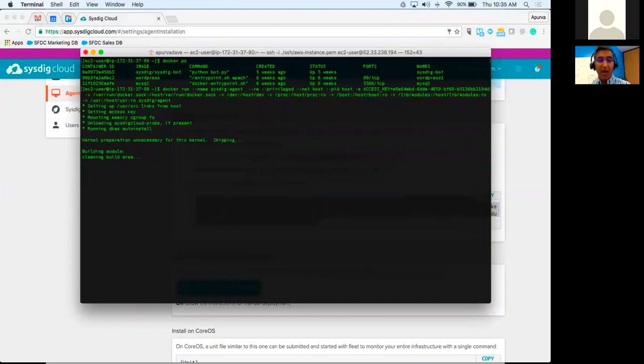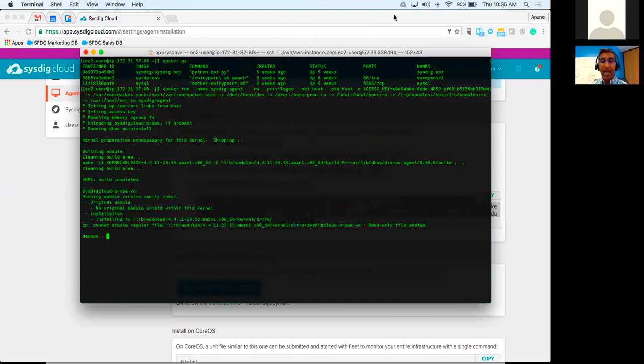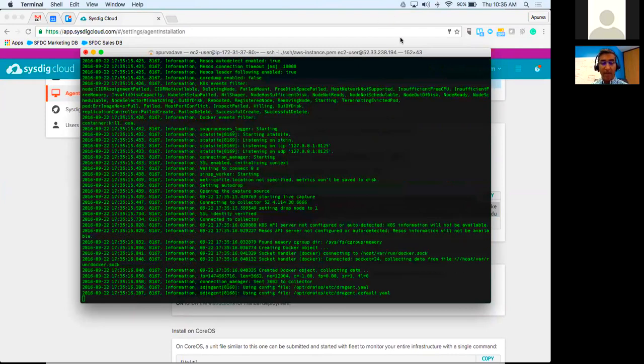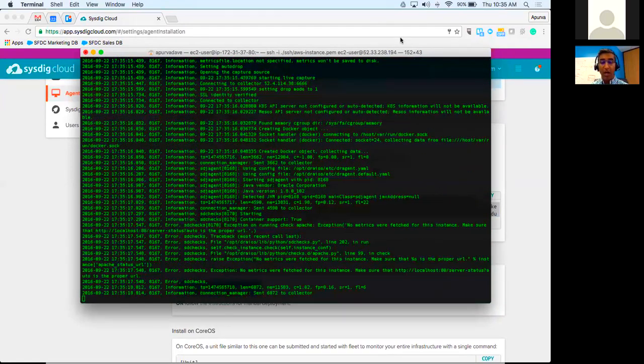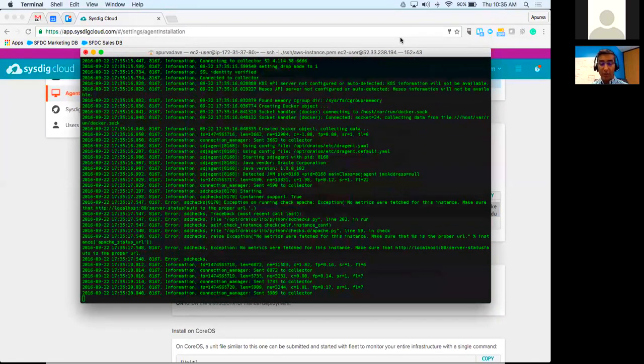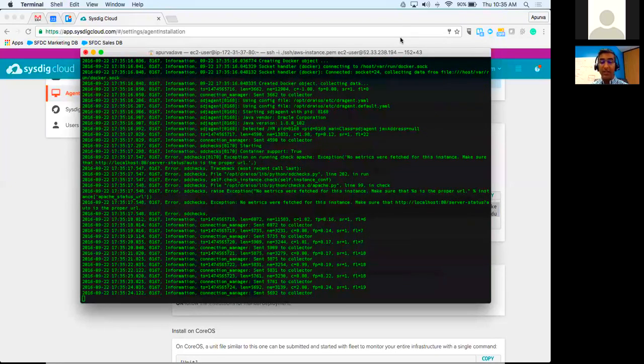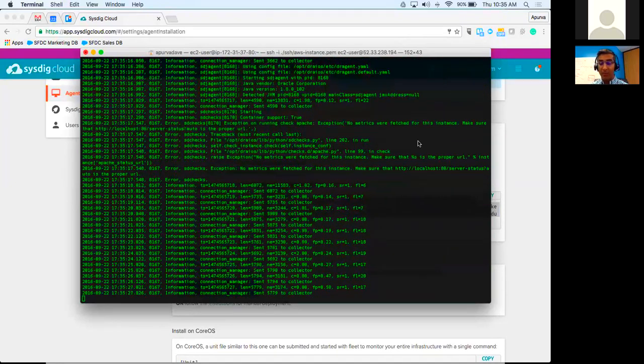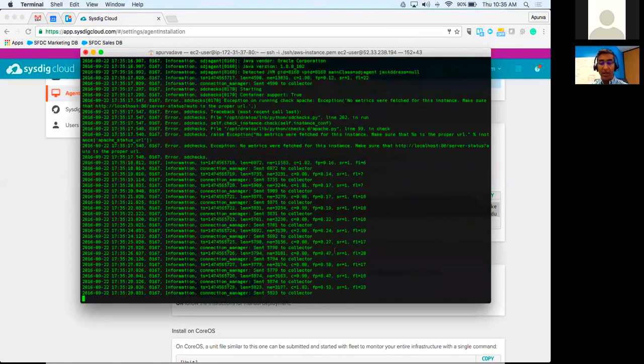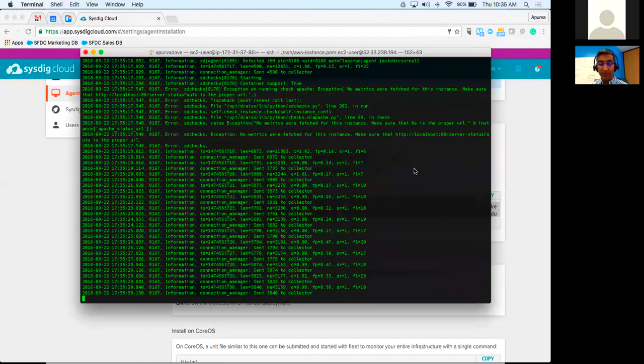Great. And now what's happening is Docker is pulling down the most recent version of the Sysdig agent. It's installing that agent. And now as it installs the agent, it's going to automatically start looking for Docker. It's going to start looking for the orchestration systems, and it's going to start collecting the system call data and passing it back as we discussed in the early part of the presentation.